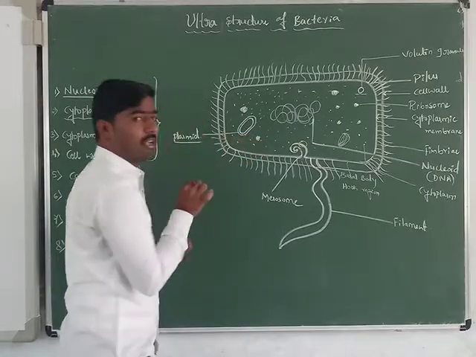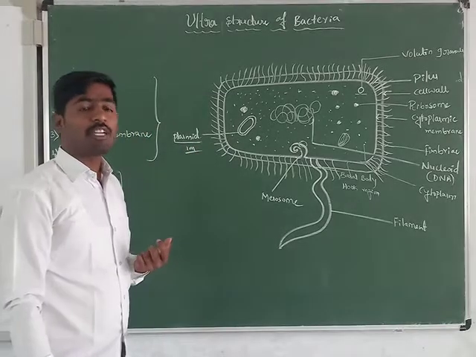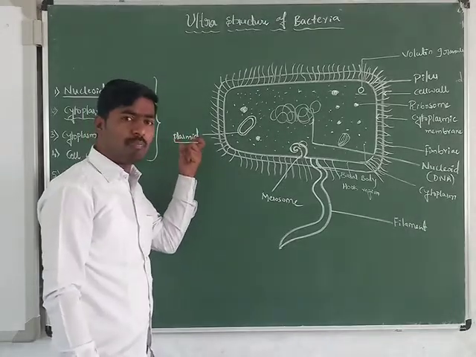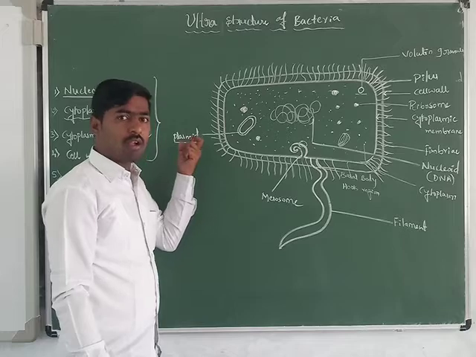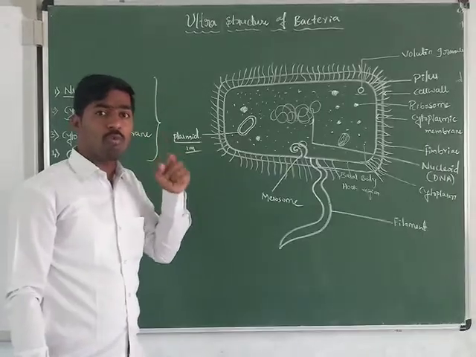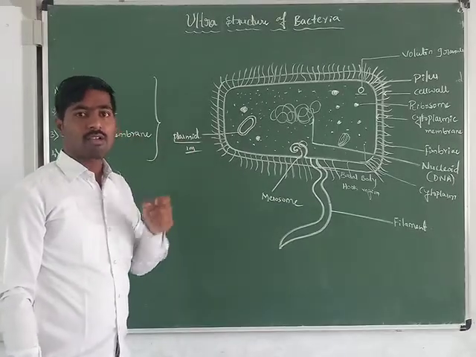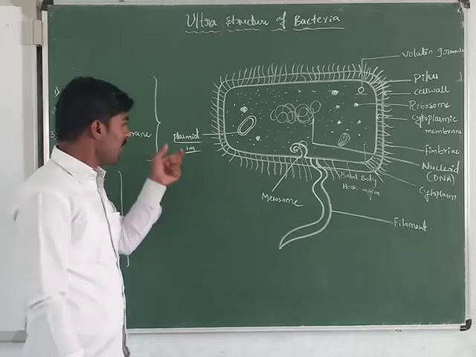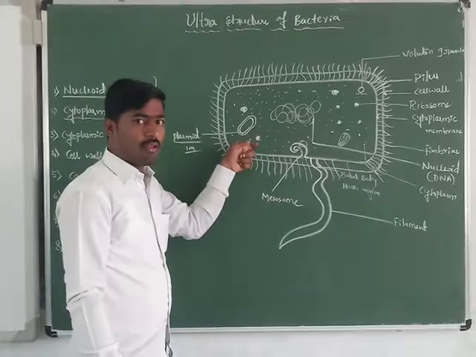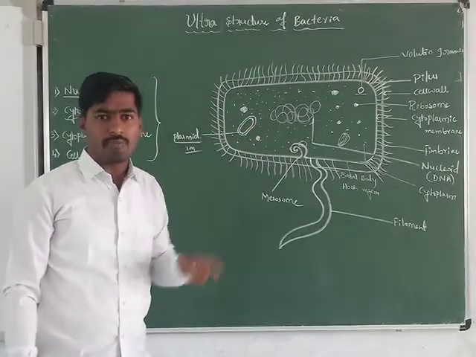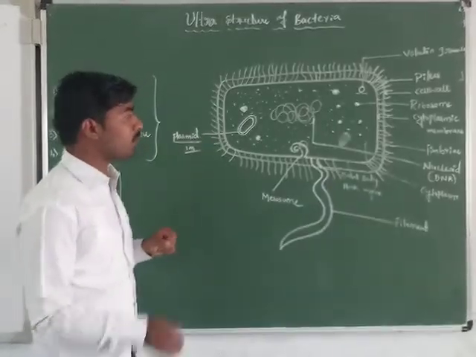What is plasmid? A question can be asked in your examination for 1 mark. Plasmid is a cell replicating, double-stranded extra chromosomal DNA substance present in the bacteria cell. It is helpful at the time of replication of the chromosomes. It's clear? And next one, move on.